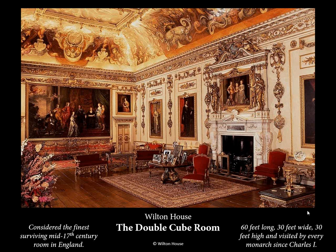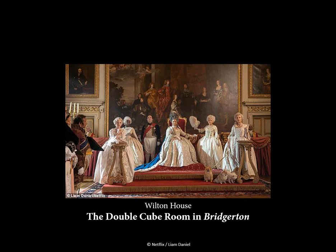All the furniture in here is designed by Chippendale. It is a tour de force of English interiors, and you can see why this room in particular would be used for the interiors of Buckingham Palace. And I have to bring in Bridgerton, which I now have been obsessed with. So this is actually a scene from Bridgerton with the Queen